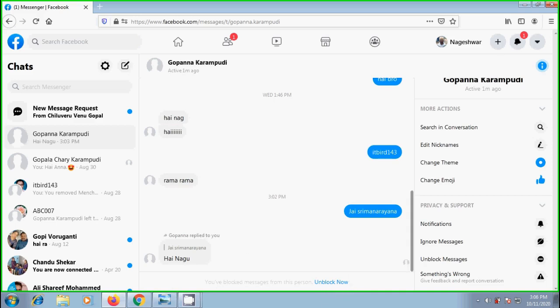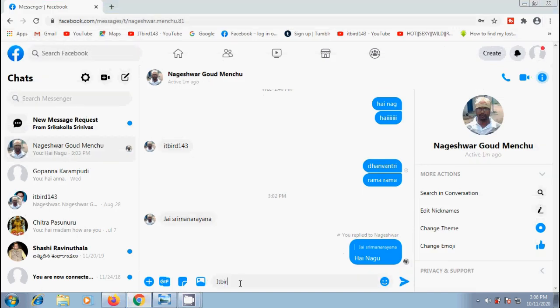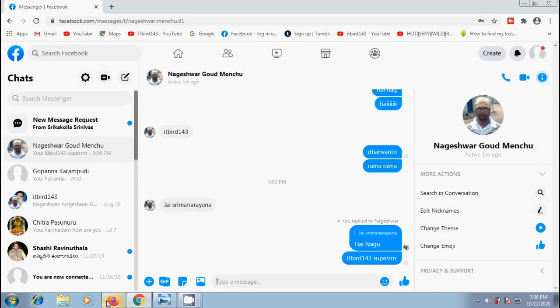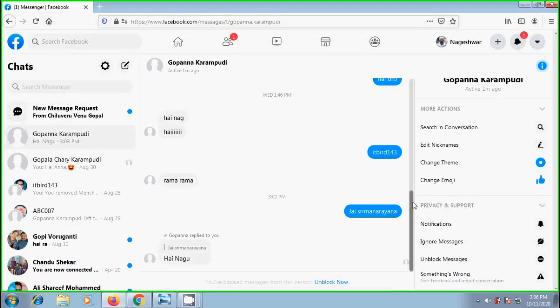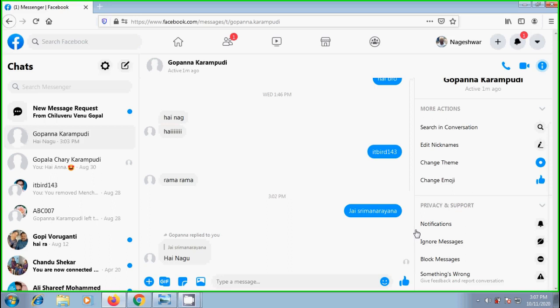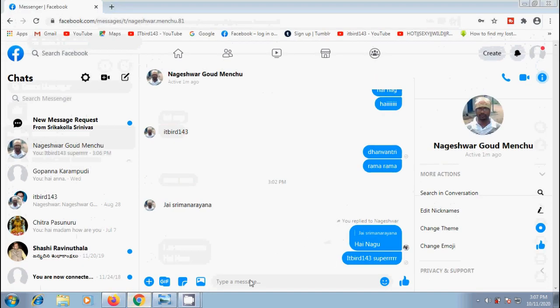Again, let's try to send a message from this user, and let's check for the message, and here we won't receive messages from that user. Again, to unblock them, simply click on unblock now. One thing to remember, if we unblock them, we won't receive anything that may have been sent during the block, but if the blocked person and we are in the same shared group, we will be able to see messages from each other unless we leave that group.